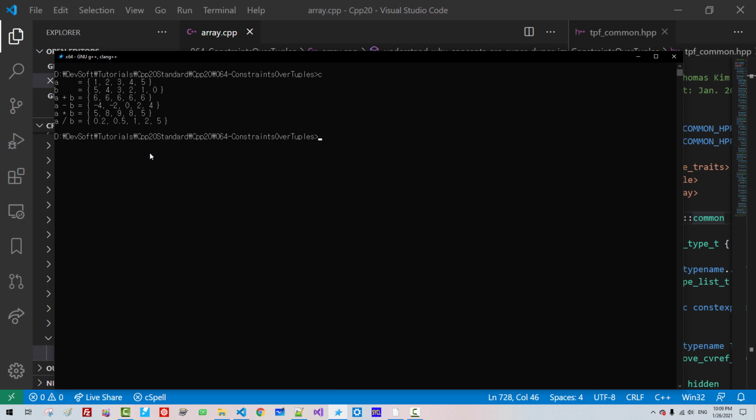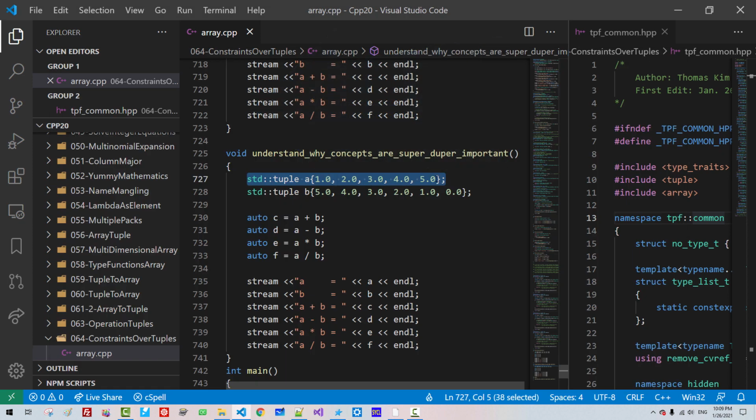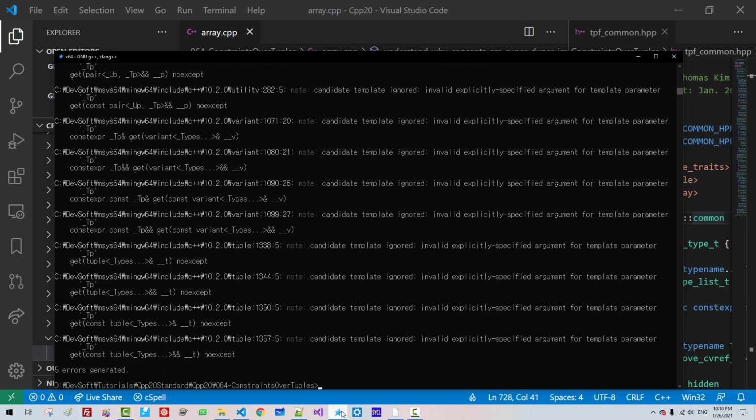The result: 1 plus 5 added together is 6. But what about this element? Now we put 6.0 and remove it. We build again. It does not build.